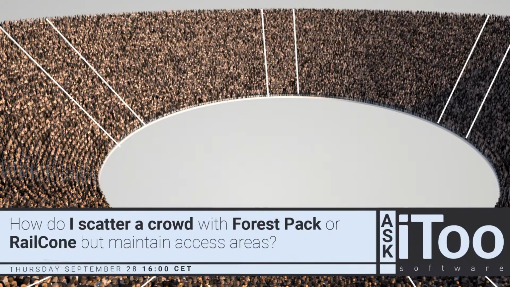This was a kind of interesting question. How do I scatter a crowd? I actually had two questions this month about this. One was wanting to scatter a crowd with Forest Pack, but they wanted to create the access walkways in it parametrically, which is something you could do quite easily in RailClone, but RailClone wasn't the right tool for this. The other question was about using RailClone for this, but they wanted to animate the characters, and RailClone is a modeling and layout tool and doesn't have the same sort of animation controls that Forest Pack does. So RailClone isn't really an ideal tool for doing that because the animation won't really sample correctly.